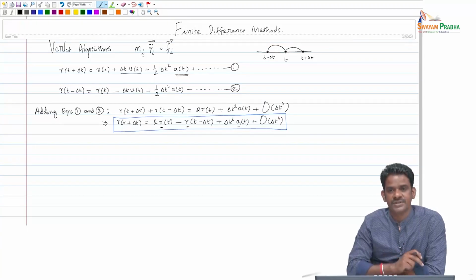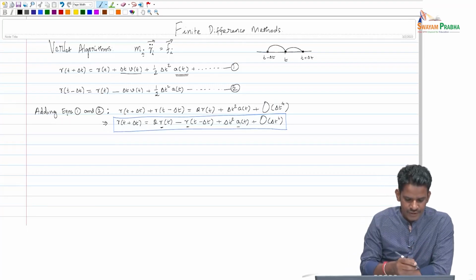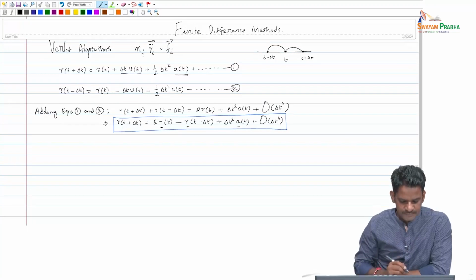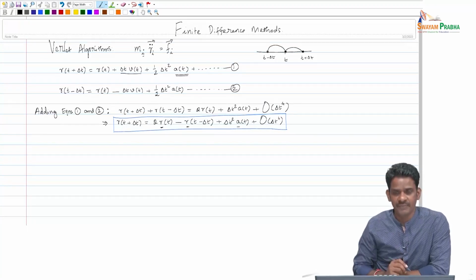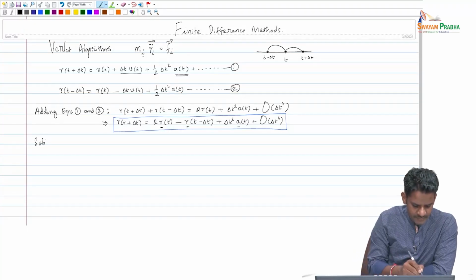One interesting feature of this formula is that we have eliminated the velocity, but in actual simulations we may want to measure kinetic energy or velocity dependent properties. So, we are also interested in obtaining the velocity at time t plus delta t. To get velocity, all we need to do is take equations 1 and 2 again, and instead of adding them, we subtract them, thereby retaining the velocity term. So, now subtracting 2 from 1, you will get